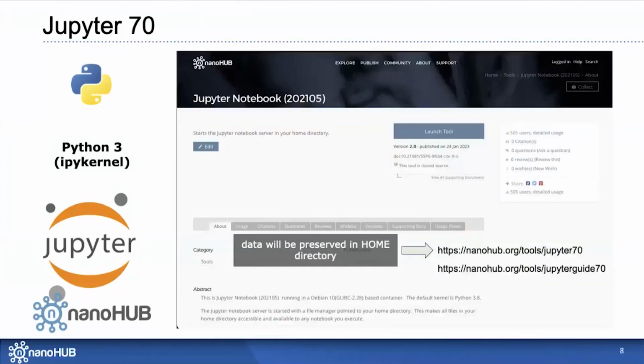So today I'm going to highlight the Jupyter 7 instance that we have on nanoHUB. Erin just published the link to the tool. If you haven't clicked there, the link is also in the slides. All the examples that I'm going to show are going to be in this Jupyter Guide 7 tool that is available. I'm going to update the tool with the latest version of the examples, so you can browse, explore and play with those examples